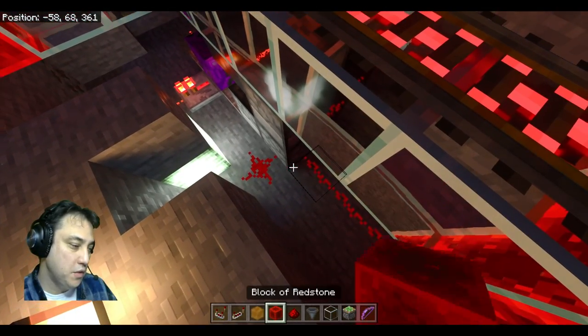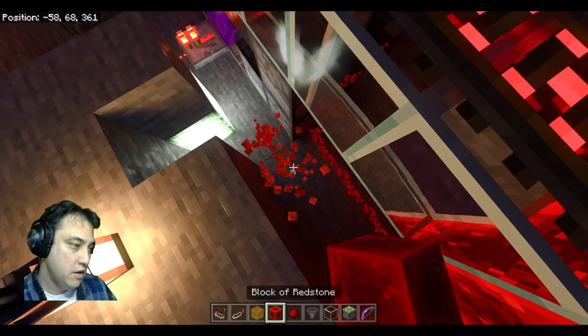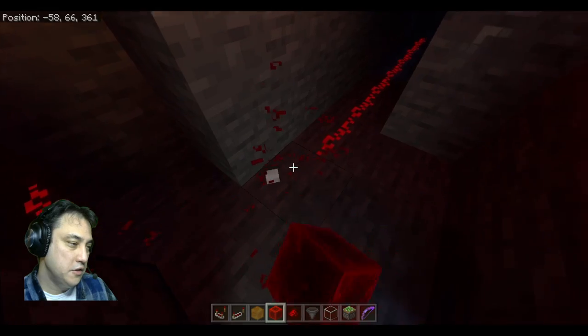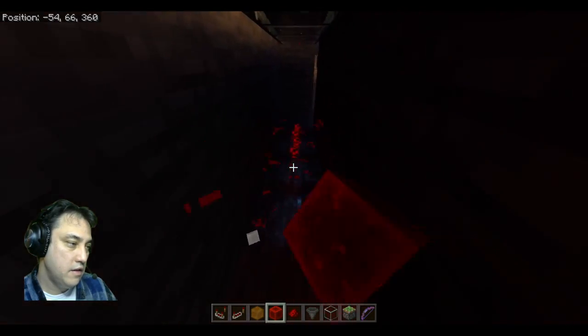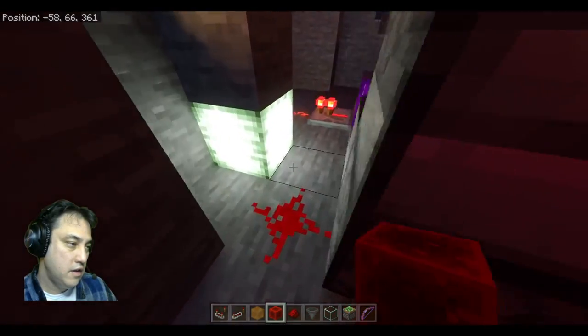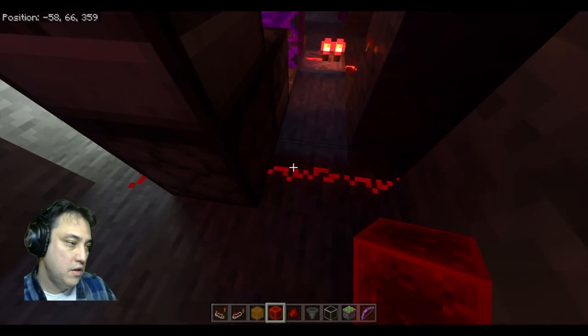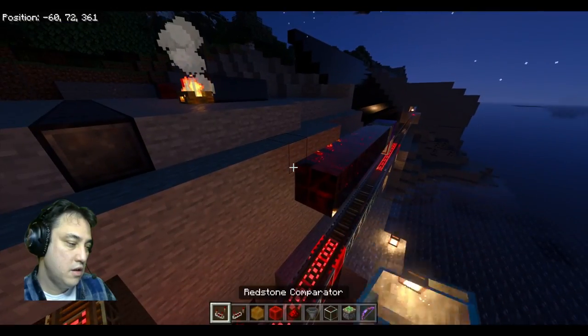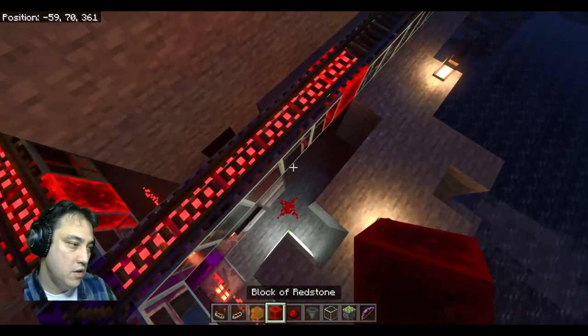If it touches here, will it work? Yes. I don't need to do that. Okay, so